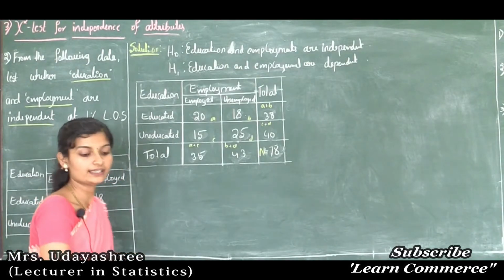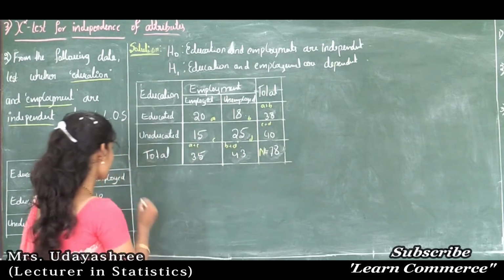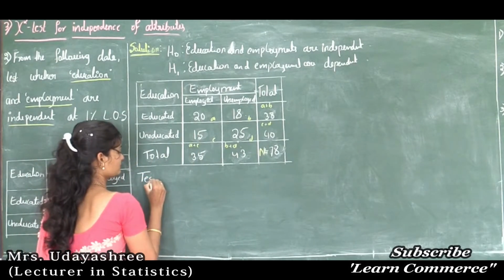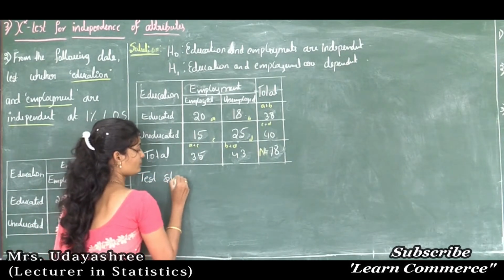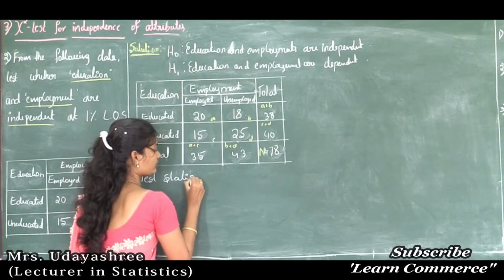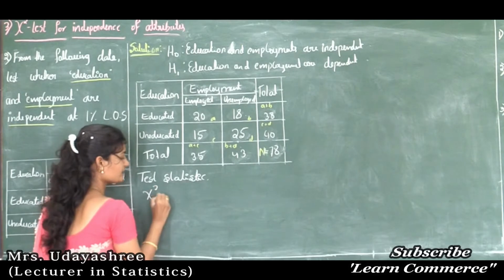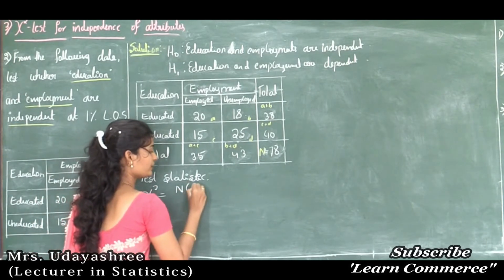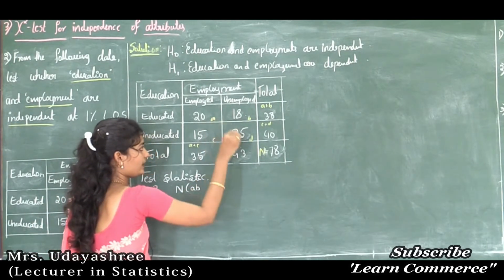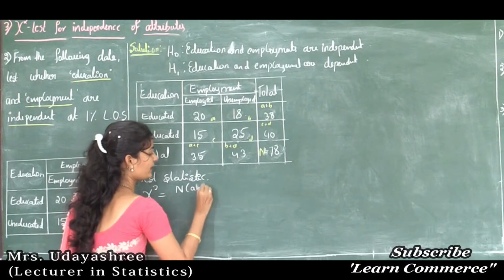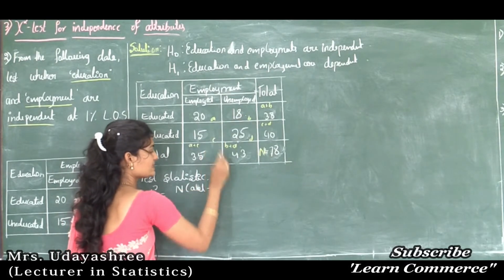Step 3 is the test statistic. That is, chi-square is equal to capital N into (AD minus BC)